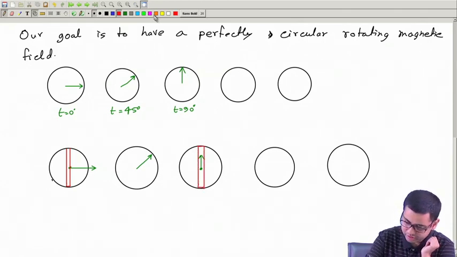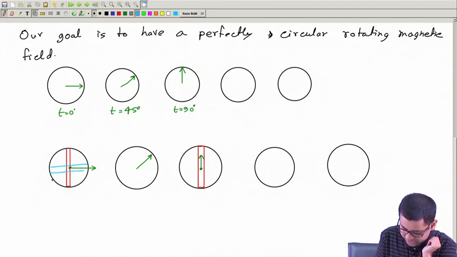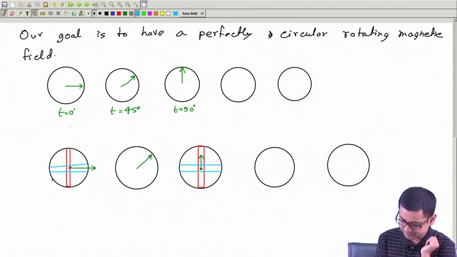This is one coil, and another coil which is like this. So this coil is horizontal, that means it is creating the field in the vertical direction. Now if the case is that this current, call it IB, and this current is IR,